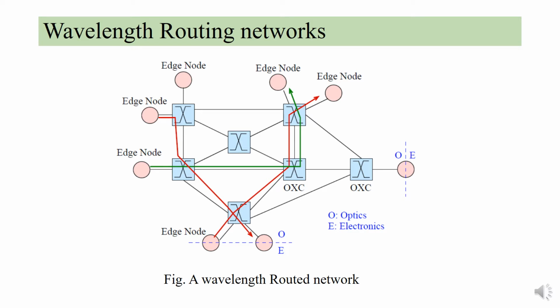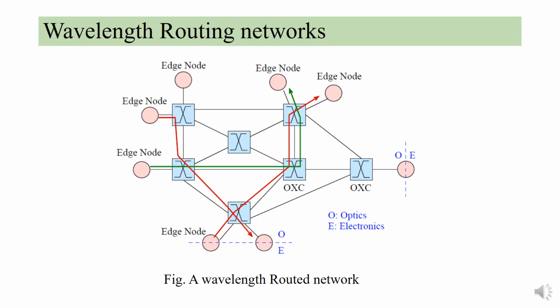The access nodes are the ones that provide terminating points for optical signal paths from source to destination. The services that wavelength routed networks offer to the sources and destinations are attached to the edge nodes. These edge nodes are in the form of logical connections implemented using light paths.